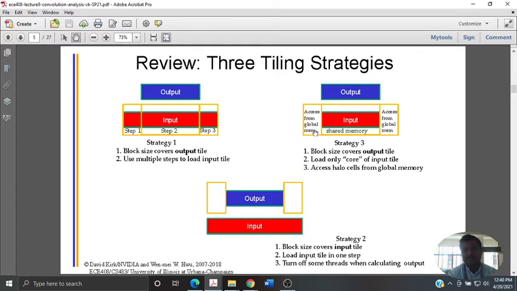Speaking from the global memory access, for all the three there were advantages and disadvantages which can be directly asked as direct questions. What are the advantages of strategy 1, strategy 2? They speak about how you can load the entire thing at once, but the computations are discarded, so you have consumed the power for that. In this case you are going for global memory, so loading is fine, whatever is relevant you are loading. Whenever you say that I'm loading from global memory, global memory access consumes time, plus whenever you are accessing from global memory there is a block size, whatever the tile width you have chosen.